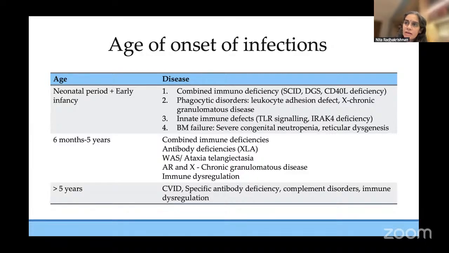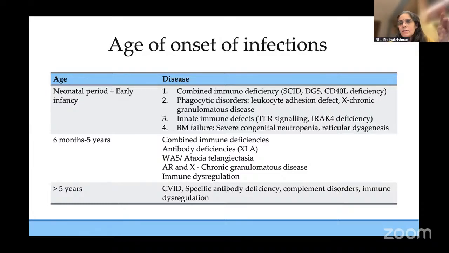Like I said, if it is very early, it is usually either an innate immune defect, for example patients who have severe neutropenia or patients who have X-linked CGD, etc., which come in with early presentation. It can be patients who have severe combined immunodeficiency, where T cells are absent. They also present very early with infection. So this is like a newborn baby who has come with infection, or maybe 2, 3, 4 months of age, the baby is in the ICU requiring oxygen. That kind of presentation is common. Even pneumonia presentations and chronic diarrhea presentations are also there. But for this talk, we will restrict it to the ENT, lung and skin infections.